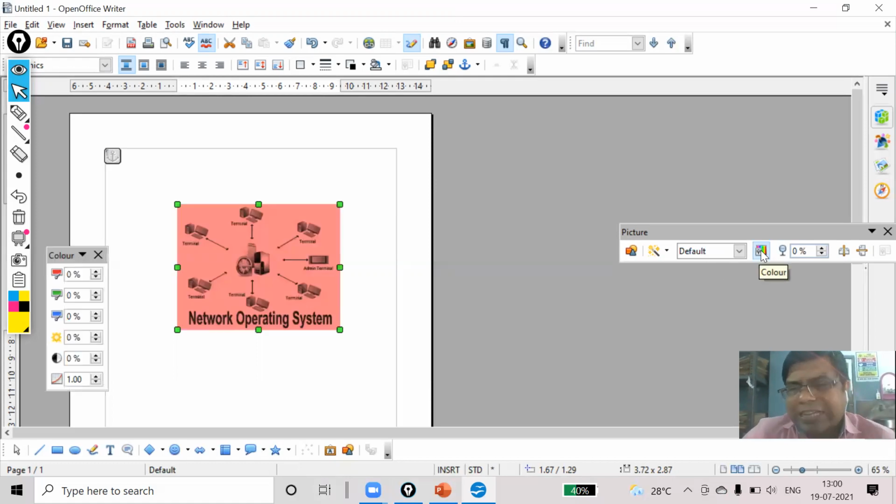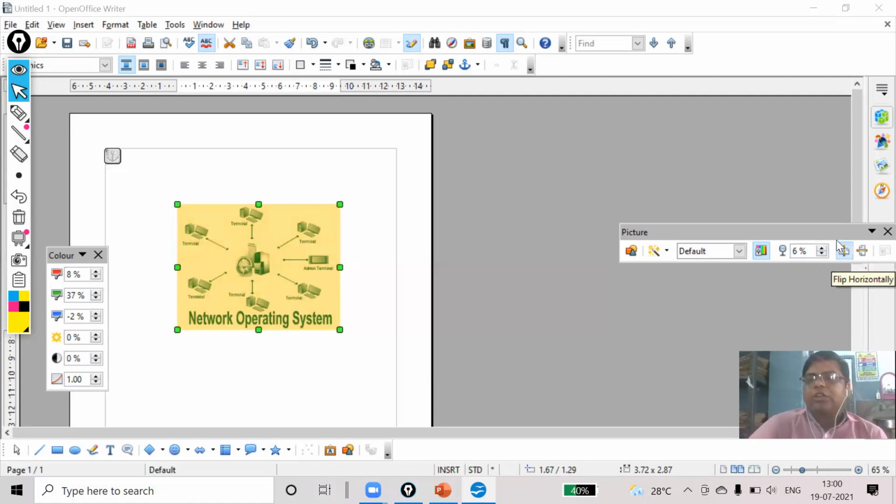Now, the next one is the color. If you want to mix your color, it is up to you. Red should be more, you can do it. Next one, green. You can see it is up to you what mixture you want to apply. Like this you can do it. Now, the next part is your transparency. What you want, you can decide by the help of percentage.